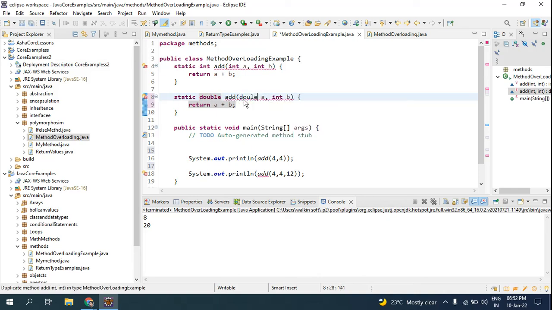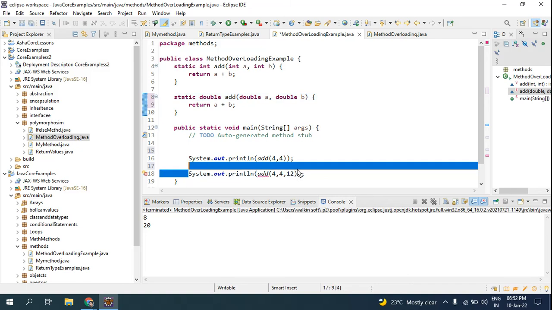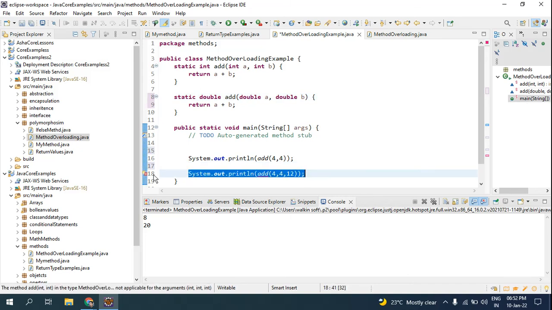When I say double return type, it should be double only. For now, just try to understand that the data type will be different. Now I'm getting this error because I have erased this functionality, so the Java compiler is asking where the method for three parameters is. If I remove this call, the error goes away because I have removed the three parameter method.